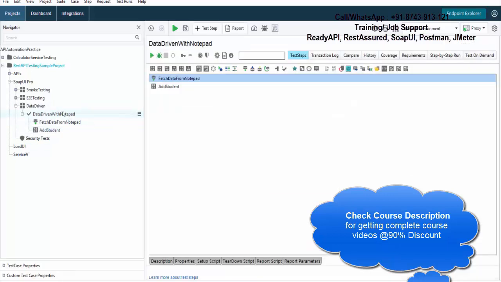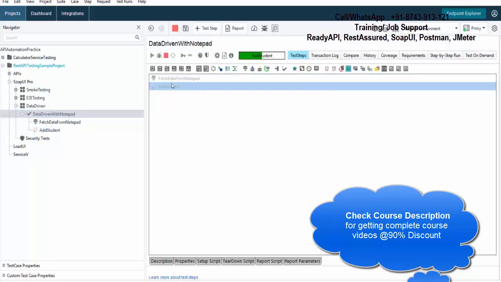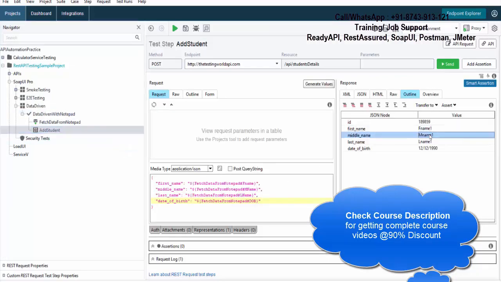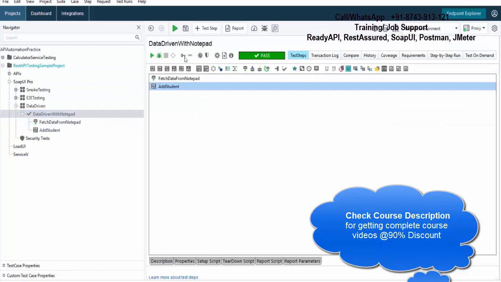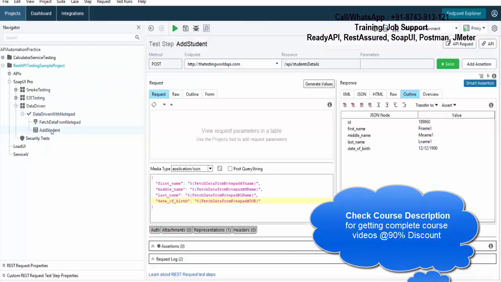I'm just going to the test case first, execute. You will notice it executes only 1 time. If you want to check, it is using only the first line of the file. You can check it again. I'll just execute one more time. Again, it will use the first line of the file. Why is it happening? Even though we have integrated our file which has 10 data, every time we execute it, it executes only one time, and every time it uses the first line of the file. It is happening because we are not running our test case in a loop.